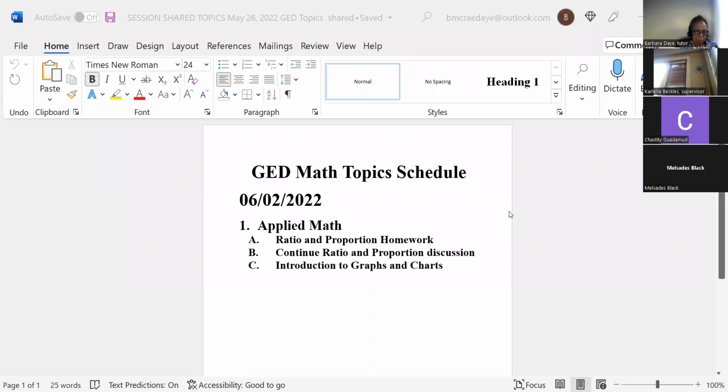Okay, this is what we will be doing today. We'll do our homework with ratio and proportion. It was also a review of the mean, mode, median, range, okay? And we'll do some more ratio and proportion discussion, and we will do